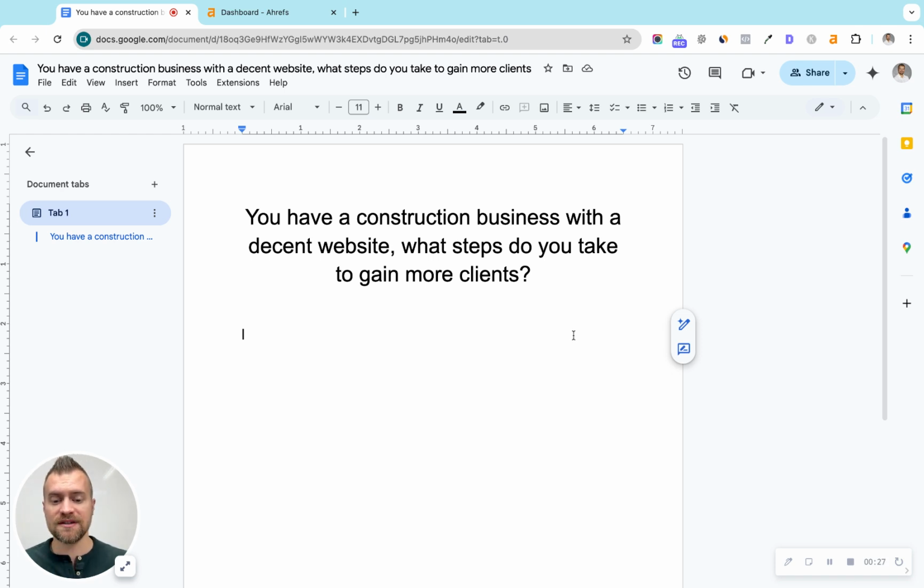So there's obviously two major areas, right? There is the online element. That would be a big part of it. That's going to be where a lot of people go. And then there's offline. Okay. So those are going to be the two major areas that we're going to focus on in this